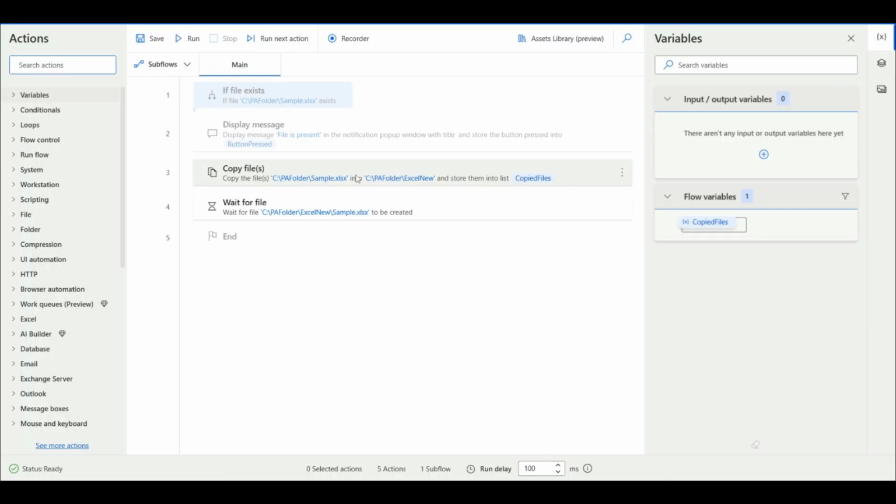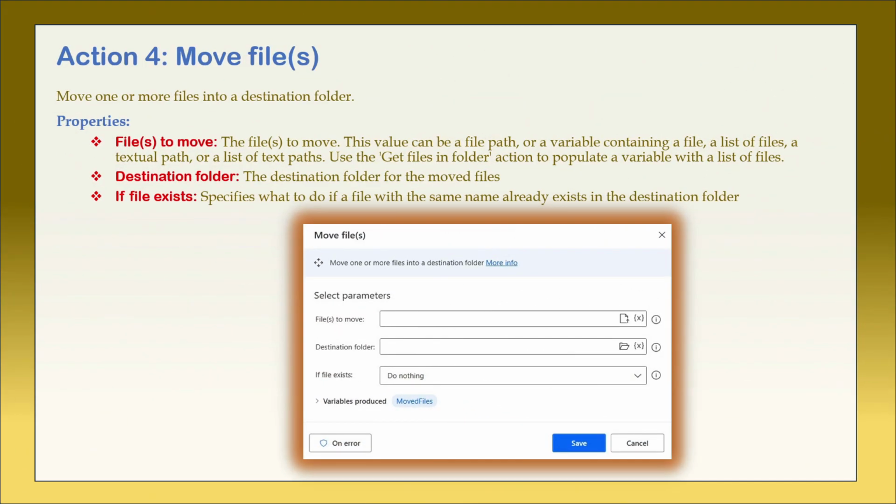Let's move to our next action, which is move files. So it helps us to move one or more files into a destination folder. It has three properties. First is files to move, which can be a file path or a variable containing a file, a list of files, a textual path, or a list of text paths. Second property is destination folder, the folder where we want to move the files. And third property is if file exists,